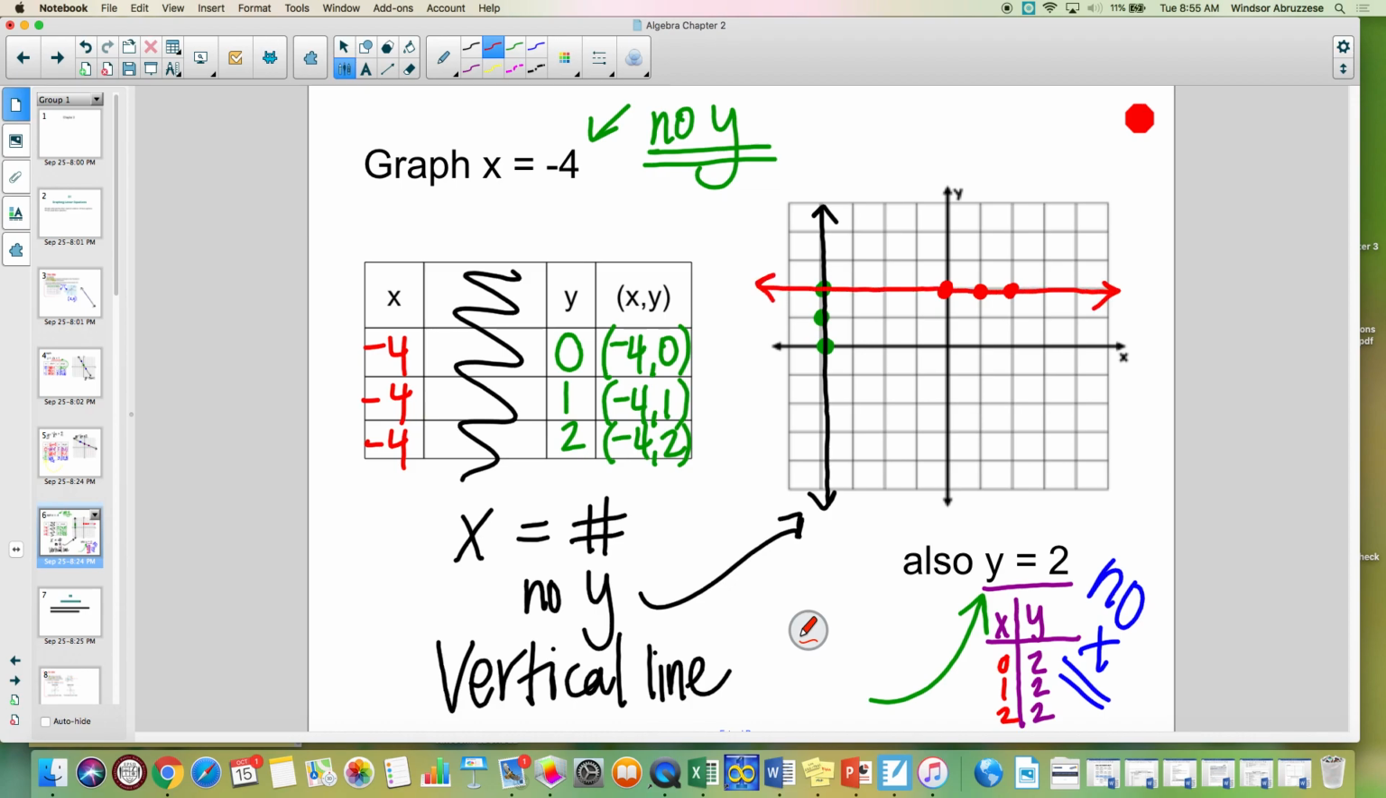Oh, what kind of a line is this? This is a horizontal line. When you have no x in your equation, just a y equals a number, you will get a horizontal line. Now I would like you to try some